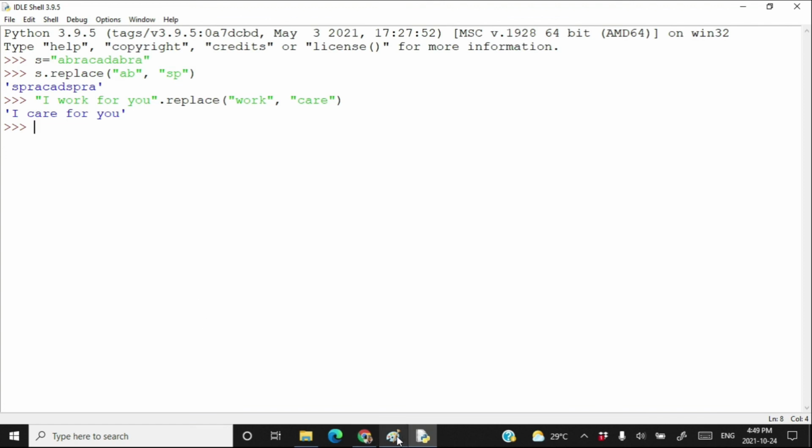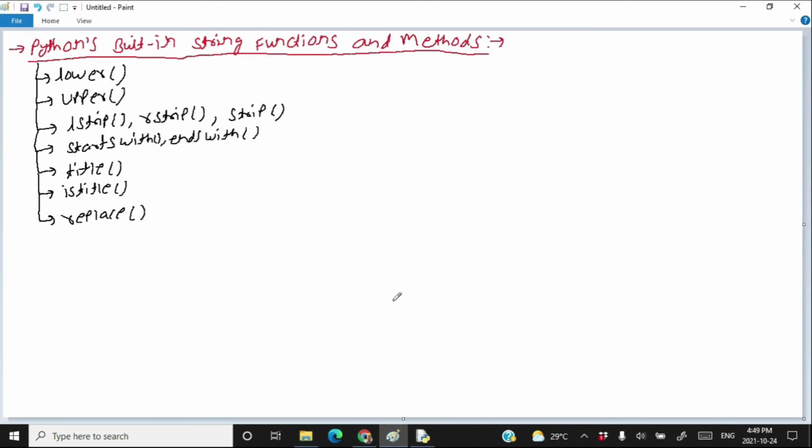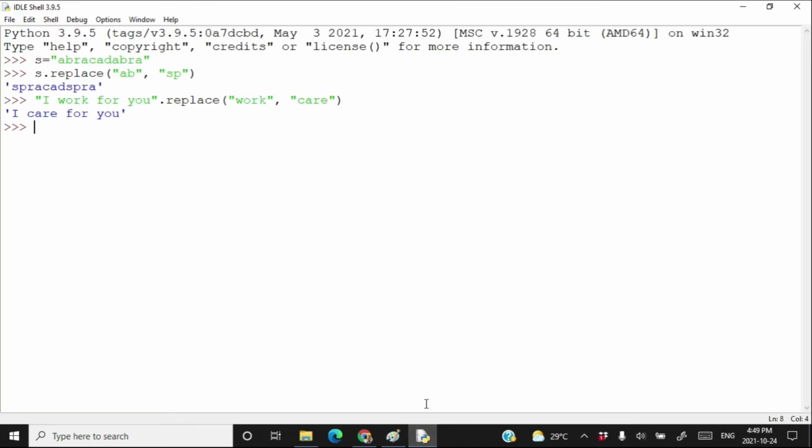The other method is called the join method. The join method is more interesting than other methods. Let's see how it is interesting. If I write a string strict dot join, and in join I pass an argument hello.